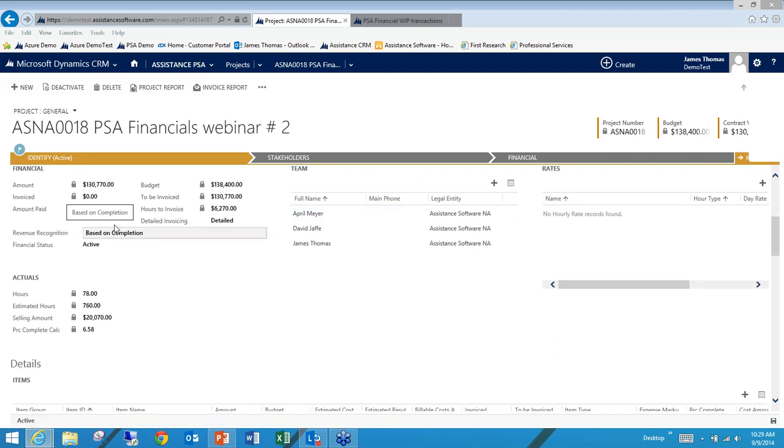The other new fields that are important is the revenue recognition and status fields. Overwhelmingly, you're going to be using a based on completion revenue recognition method. In the instances where you only have T&M, you could still use the based on completion process. The financial status indicates to the system whether you have an active project or one that is winding down and ready to be